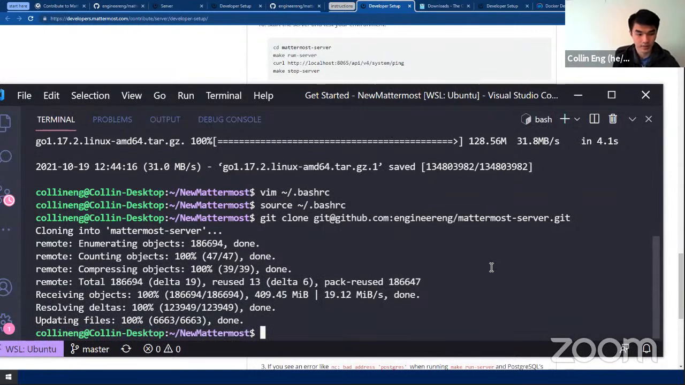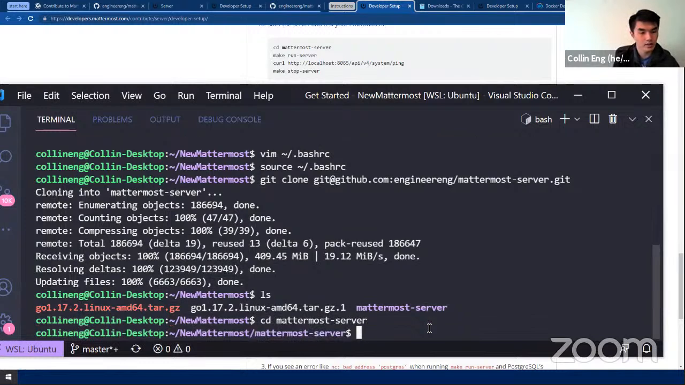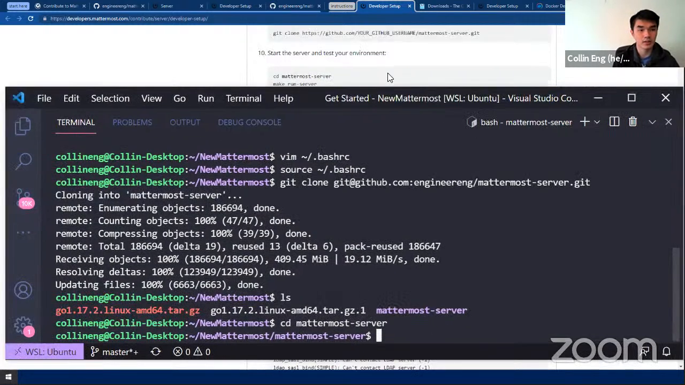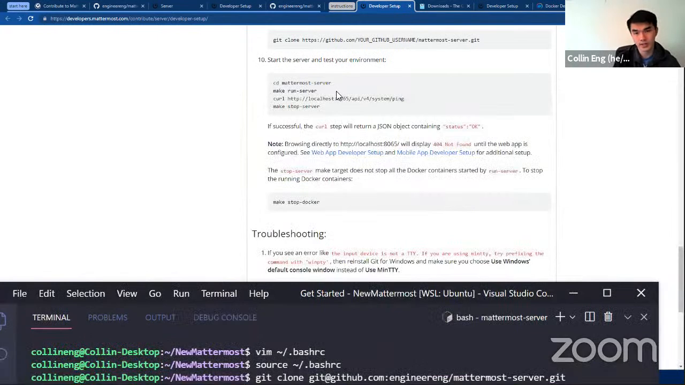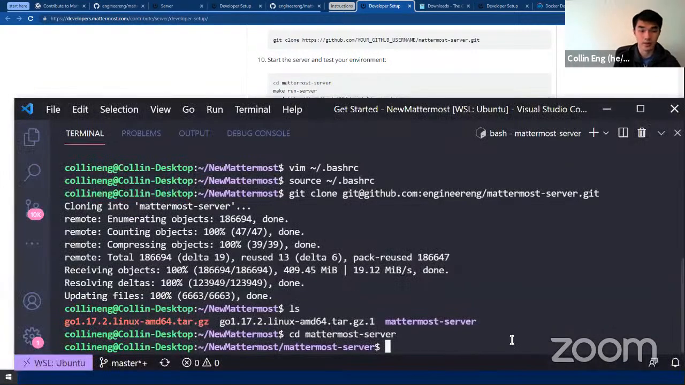All right, so if we look in our directory, we have the files that we downloaded earlier, as well as the Mattermost server. So let's go ahead and navigate to that directory, and let's do these instructions up here. So we want to start the server and test our environment. So first thing was we went to the server, and then we're going to learn our first important run command